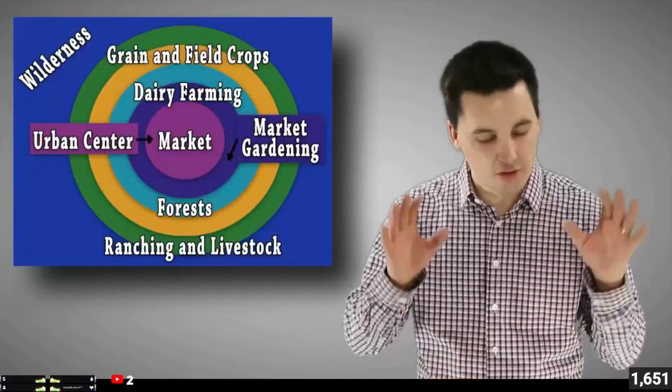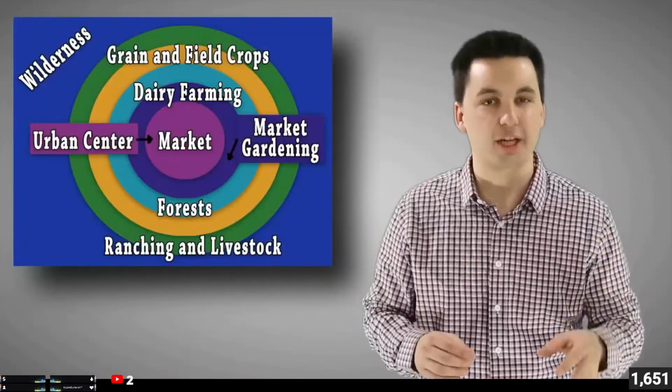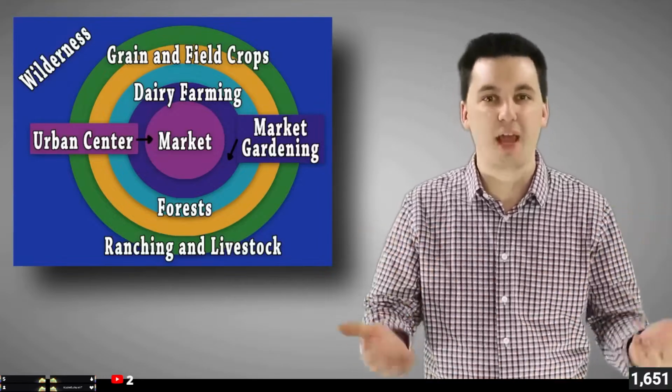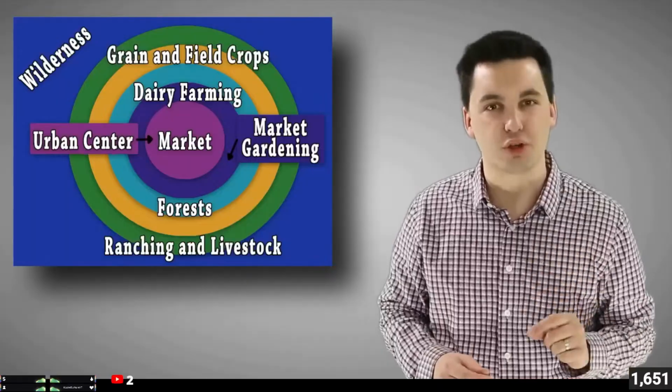And all of this brings us to our last concept, and is arguably one of the most important models, if not really the only model, in this unit, and it's von Thunen's model. Von Thunen's model looks at the spatial layout of society. At the center of his model, we have the market. This is where we're going to see the sale of goods that are produced. Going out from the market, we go into our first ring, which is our dairy and horticulture.